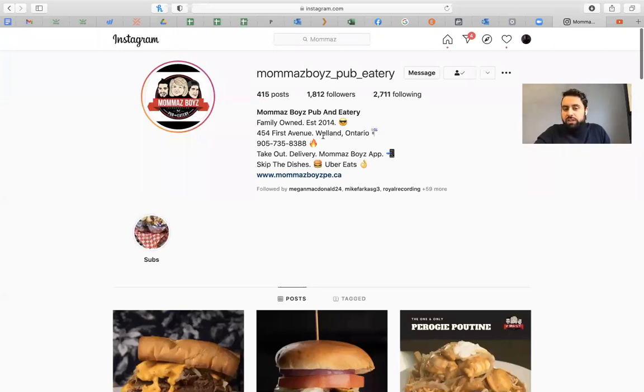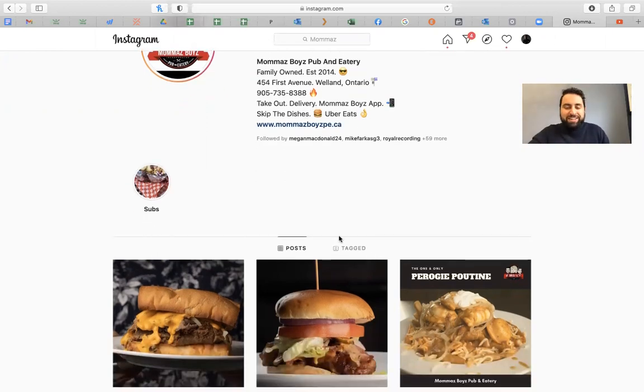Family-owned restaurant establishment, established 2004. With the eye emoji logo, you can kind of get the sense of the vibe and the appeal of what the brand stands for. Notice the use of different fire emojis, hamburgers. You probably already get the sense just by reading the bio that this is probably going to be the best pub food you've ever had in your entire life, if not close to. You understand what I mean.